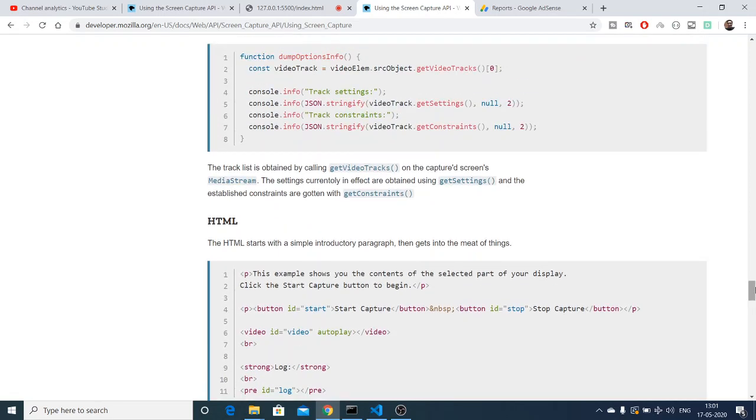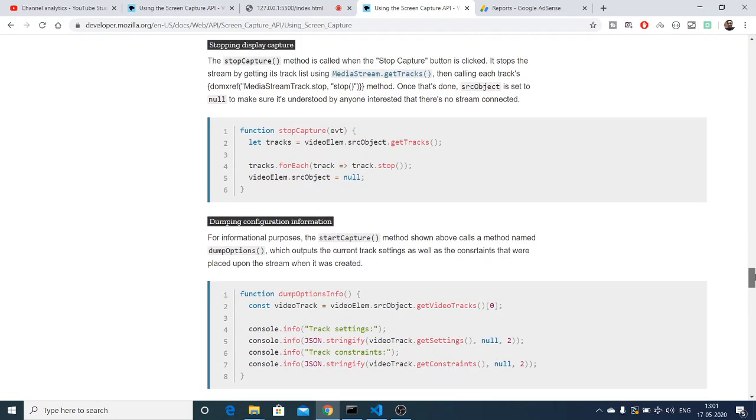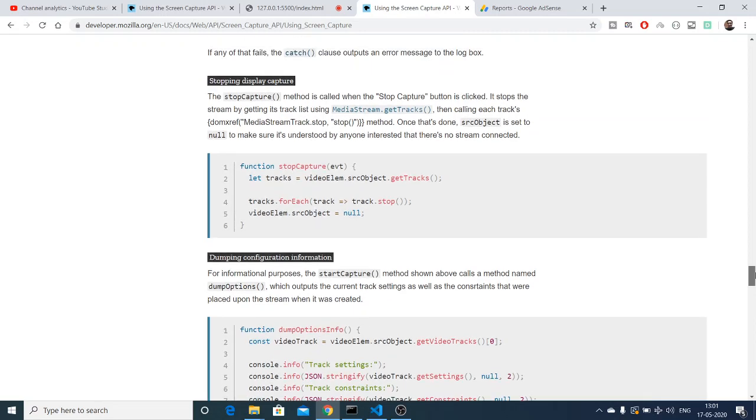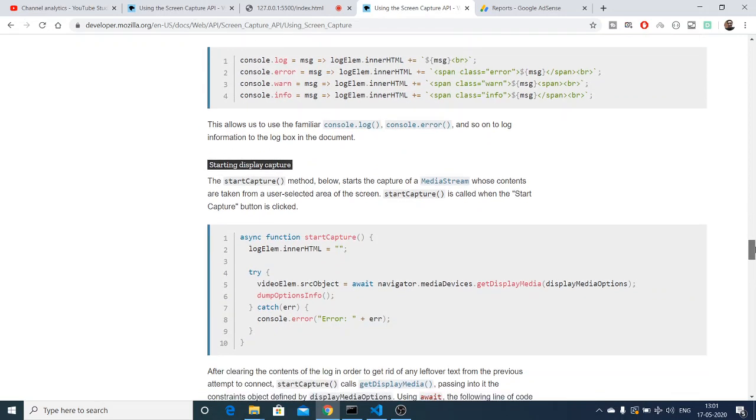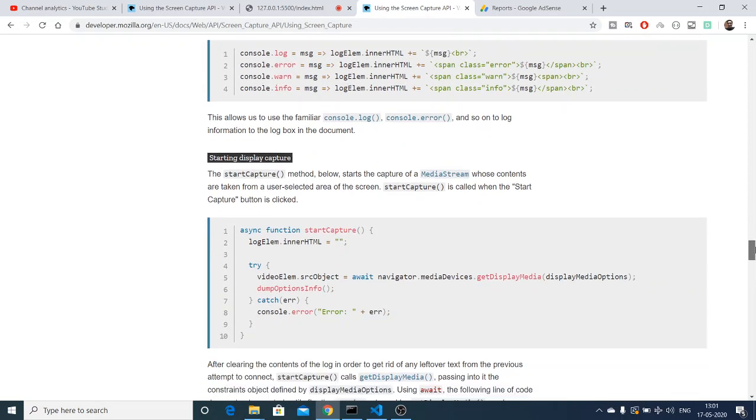Just wait guys, I'm just seeing if it is working or not. Let me just write this line once again.